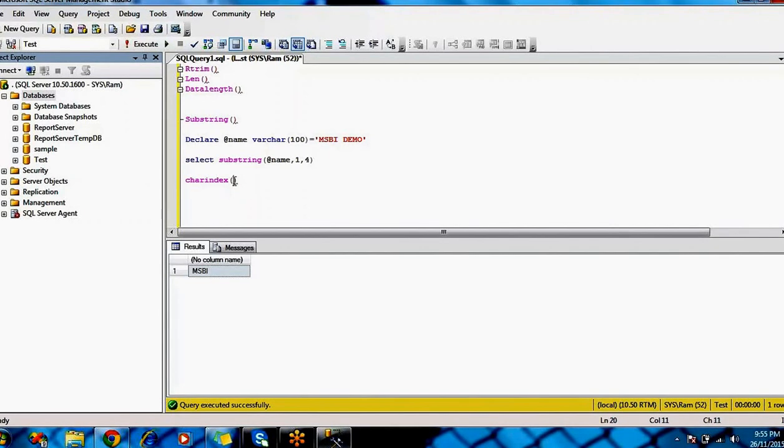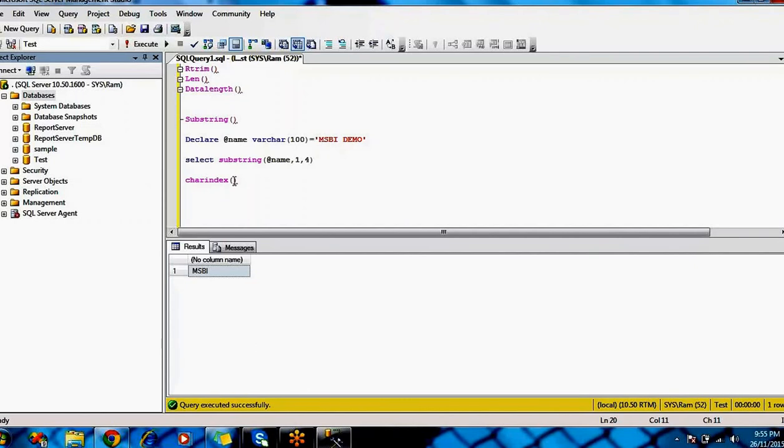by using charindex, it will tell you. The index means the position of the character in a particular string, right? So @name variable has this string, and if you want to find out a particular character position, how can you find it?